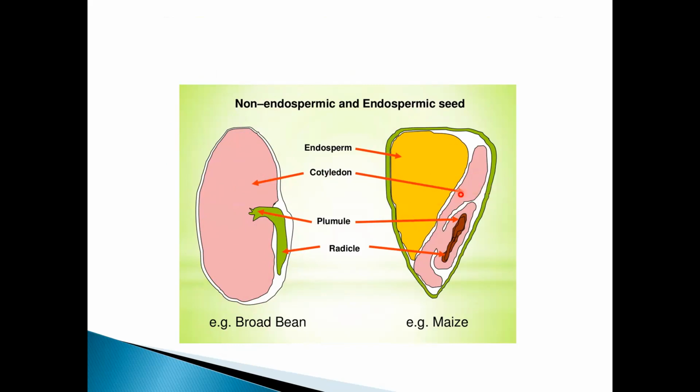Then there is a cotyledon, the plumule, which is the shoot part, and the radicle, which is the root part. So this is a seed of a maize, and this is a seed of a bean. If you have a better understanding, you can draw it so that you'll remember: the seed which contains the endosperm is called an endospermic seed. The seed which does not contain endosperm is called a non-endospermic seed. Where the embryo doesn't take it up entirely for its development, the endosperm remains in the end.